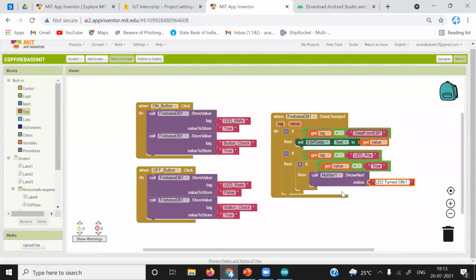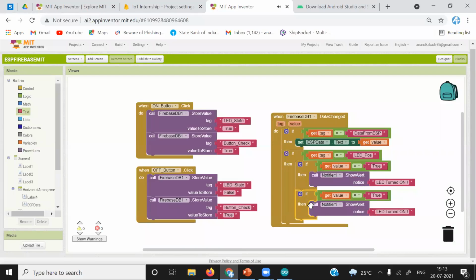The same you can do with the off condition. For the off condition, you just have to write false. Finish. Every time you will get notified when you are turning the LED on or off.